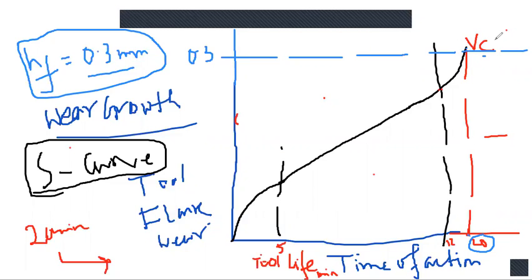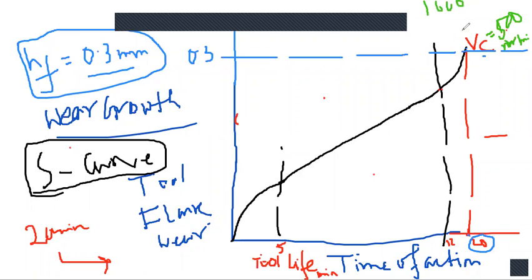Now if you want to increase the cutting velocity, suppose this is 500 millimeter per minute. Now we have to increase the cutting velocity. We are going to machine the job at a higher velocity, more than 500, suppose 1000 millimeter per minute. So for 1000 millimeter per minute cutting velocity, there is another S curve, because this S curve is